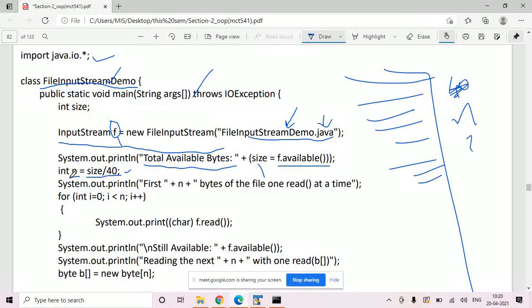It means n into 40. I mean, say if you have 80 bytes of data available, so 40 has 2 chunks available; say 120 bytes available, so 40 has 3 chunks, you have three portions available. Now if you want to read the first n bytes from a file, then you can run a for loop like this: for i equals 0, i less than that particular number of bytes, and you can read